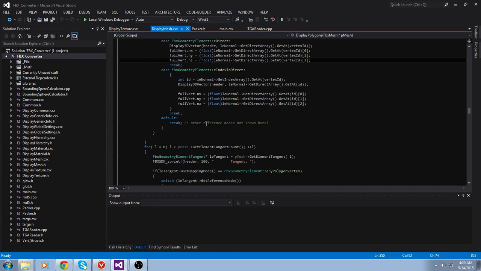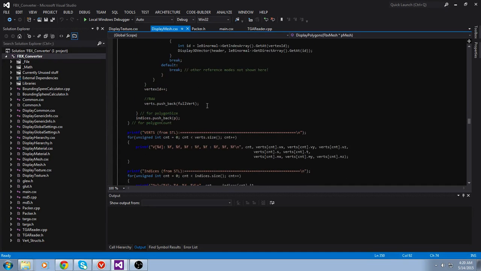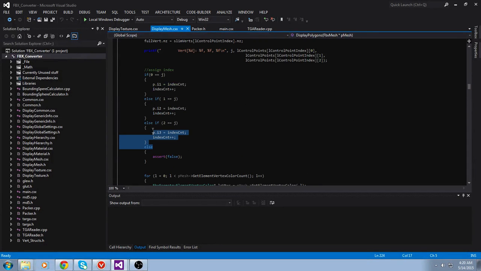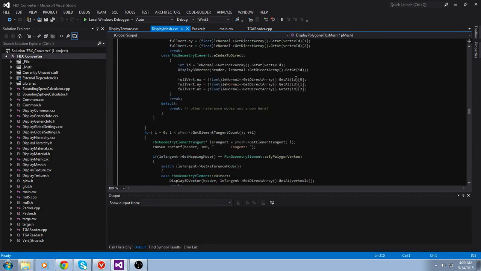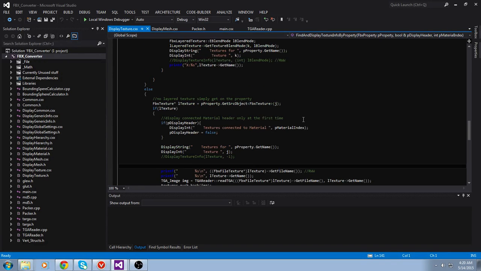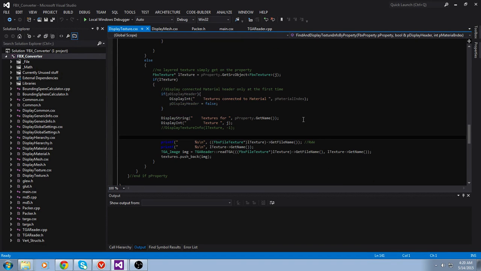And it puts all that into the full vert, and then at the end it adds the vert to the vector of the verts, and then it adds in the indice that was calculated up at the beginning of this function here to the index data, and it prints out for some debugging again, and that's basically all it does here. And then it goes into display texture, which basically just grabs a file name from the texture, and then